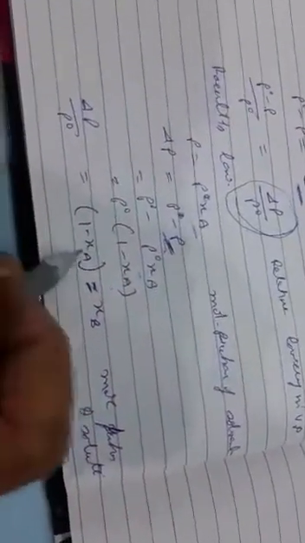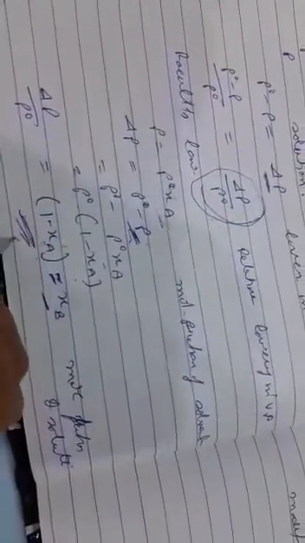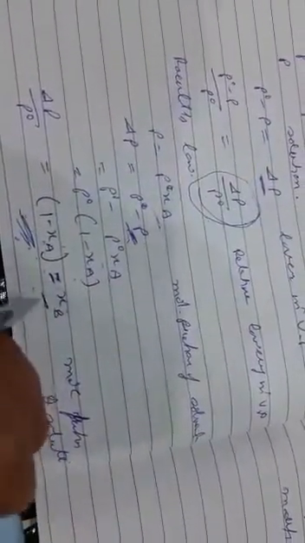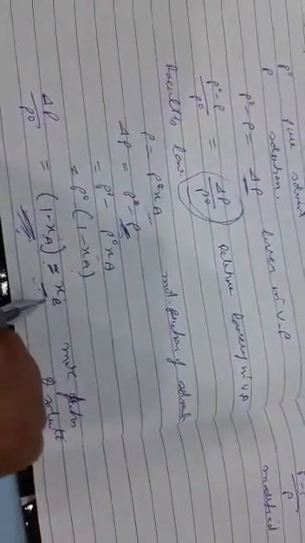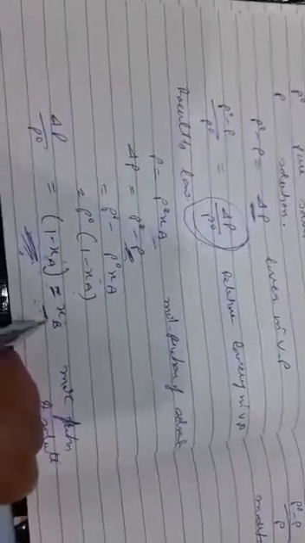Now by taking P naught as common, it is 1 minus XA. So delta P upon P naught is equal to 1 minus XA, and 1 minus XA is XB. So 1 minus the mole fraction of the solvent is XB, and XB means the mole fraction of the solute. So relative lowering in the vapor pressure depends upon the amount, the number of particles, or the concentration of the solute present in the solution, irrespective of the nature of the solute particles.